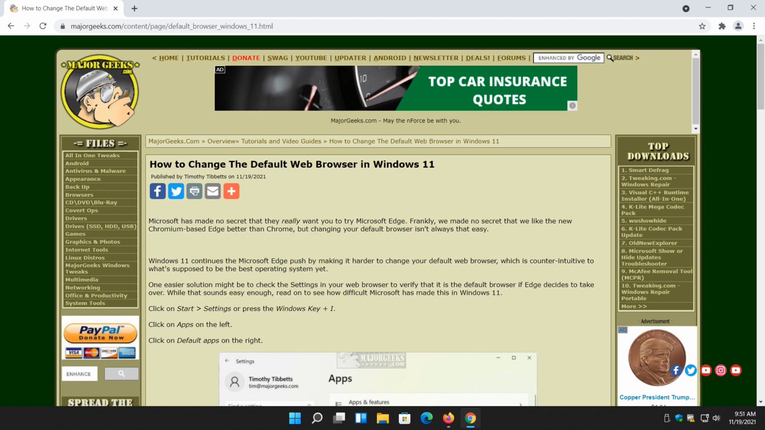Today we're going to show you how to change the default web browser in Windows 11. The reason for this tutorial is that there's some articles out there that Microsoft Edge has broken Edge Deflector, and they're going to try and force you to use Edge. I'm not sure how this all pans out, but it's a good time to show you how to make these